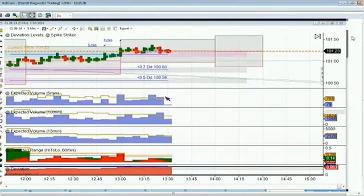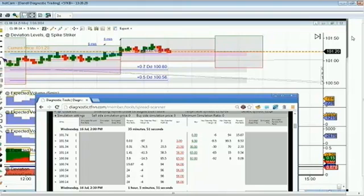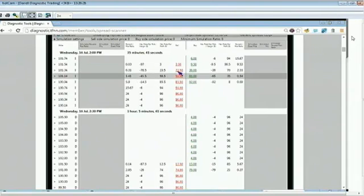Let's see here. Okay. Looking at the binaries, and we'll check them out just on crude oil right now. And let me just reset all my filters, make it really simple. We don't need the weeklies because it's not Friday. Okay? And then we'll scroll down here. We'll look at the current markets. We got current hour. We got next hour. And the price is currently sitting at 101.20. So with the price at 101.20, that gives us a couple choices. We got the 100.94, we got the 100.14, and we got the